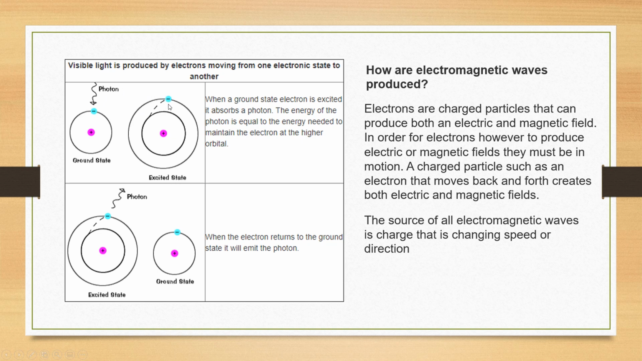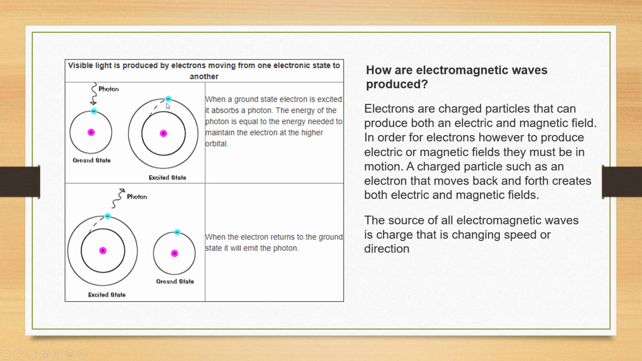It will be excited to another orbital and absorb a photon. The energy of the photon is equal to the energy needed to maintain the electron at the higher orbital. So first it is at ground state, then it is excited into the excitation state and absorbs a photon. When it absorbs the photon, that photon's energy is equal to the energy needed to maintain the electron at this orbital. For the next orbital, the electron is excited and absorbs energy,